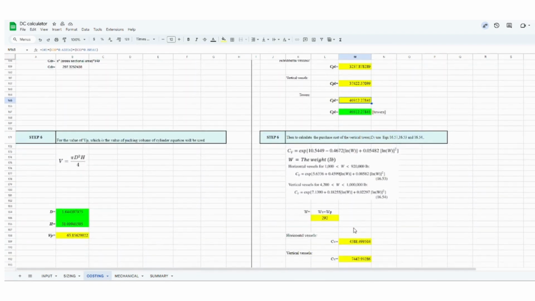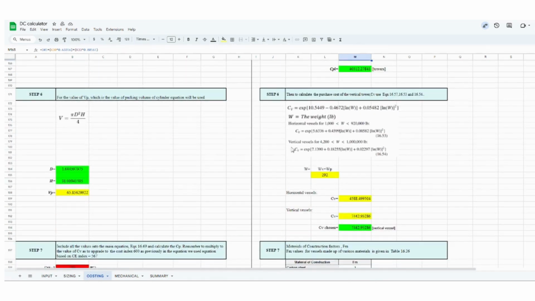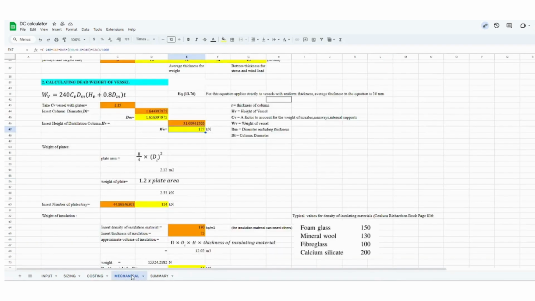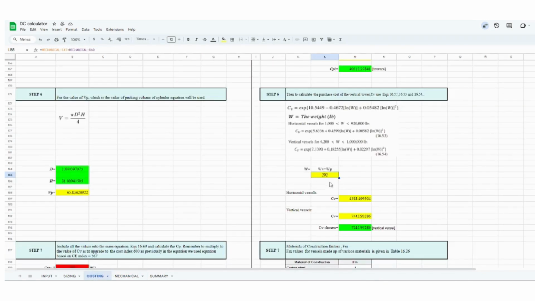Next, we find the purchase cost of the vertical tower, for which we need to use this equation. But for the value of weight, we need to sum up the weight of the vessel and the weight of the plates, which we can get from the mechanical design here. And this is the weight of the vessel and the weight of the plate. After I sum it up, you can insert it into this equation